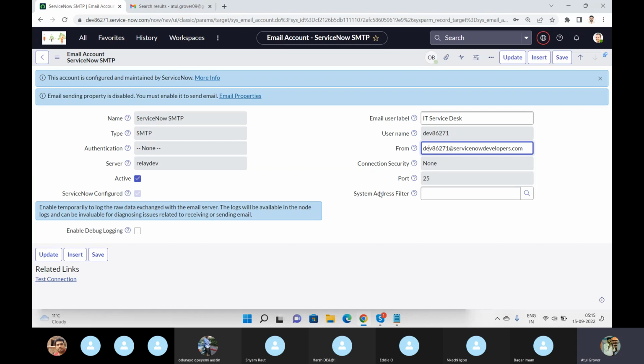Okay, so this we did for sending the email. There's no action required from our side. It will be taken care of by ServiceNow only. It's a one-time activity. Now if I go back,